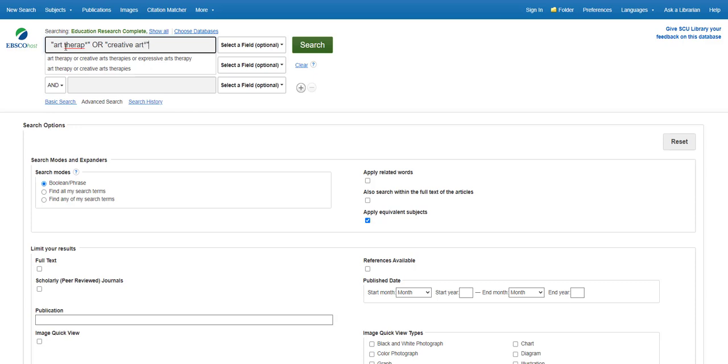Or creative art therapy. I've put that one idea into that first box and I've just got two similar versions of that one idea. So that's why I've used the "or" to connect those similar versions. Okay, so in the next box I'm going to put in